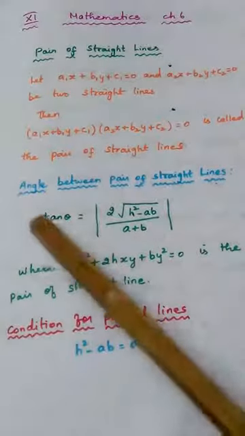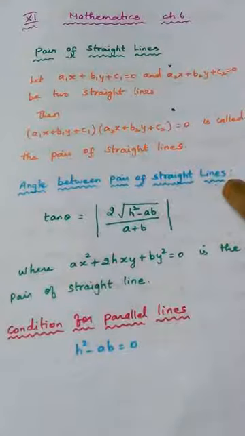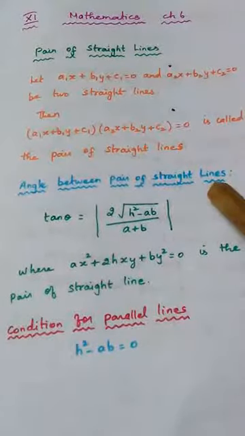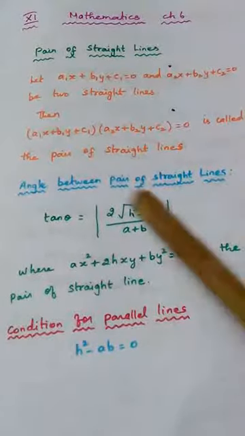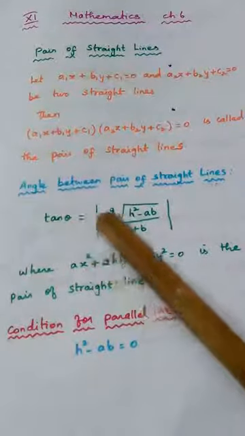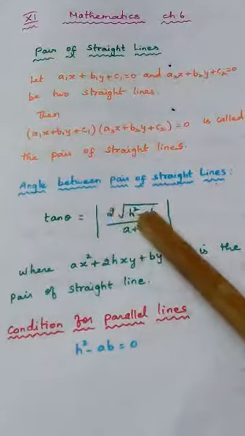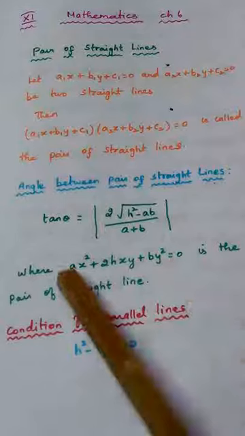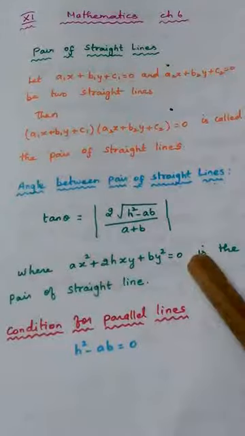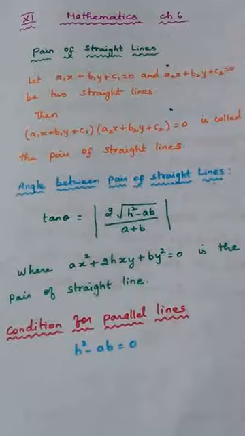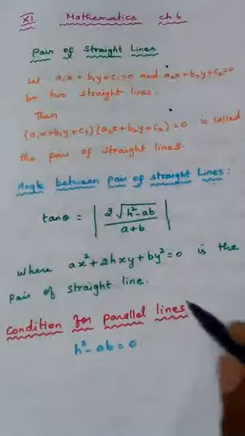Now next we will see the heading, angle between pair of straight lines. When I say pair of straight lines, we are talking about two lines. Definitely there will be an angle between them. So that is given by this formula. Tan theta is equal to 2 times root of h square minus ab divided by a plus b, where the equation will start like this. That is, the pair of equation will be starting like this: ax square plus 2hxy plus by square is equal to 0. Or to be more precise, what we have to say is, in fact